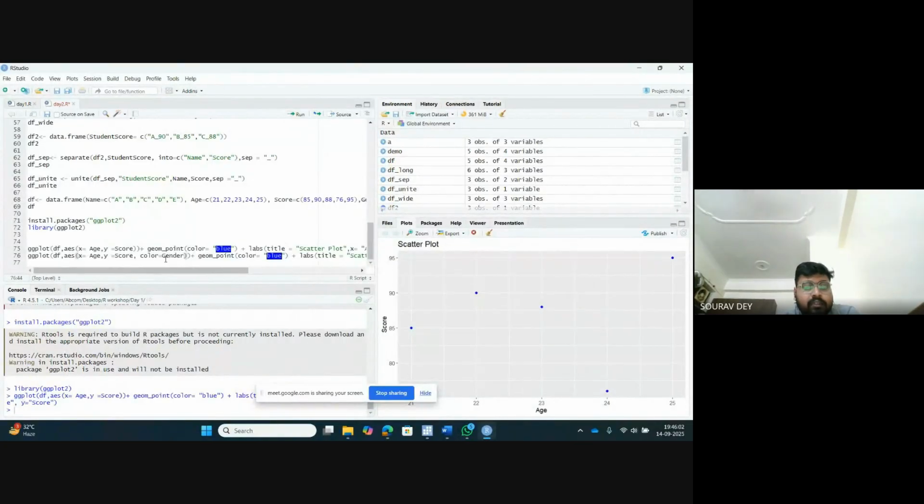Okay, so I'll get the gender wise data, and under the geom point, I don't want to give a color now. I can change the size also. So I want to make the dot bigger. I will give size equals to, suppose, 3. And the title would be same as above. So if we run that one,